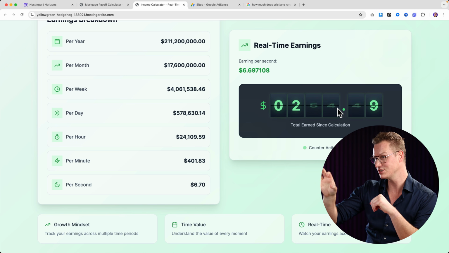And you can do different videos about Elon Musk, about the richest people in the world. You can make a video saying, do you know how much money you are making per second? Go to this website, fill in how much you make per year or per month, and it will calculate it for you. And it will even show you how much money you are making per second. You see a live counter.